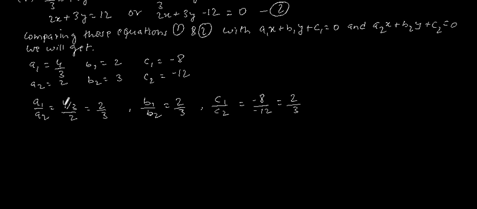Now here we can observe that a1 by a2 is equal to b1 by b2 is equal to c1 by c2. So since a1 by a2 is equal to b1 by b2 is equal to c1 by c2,